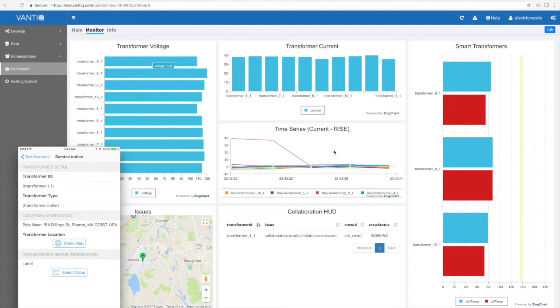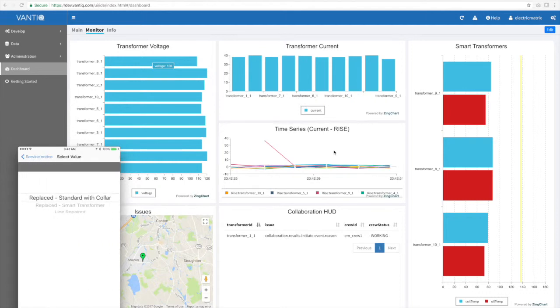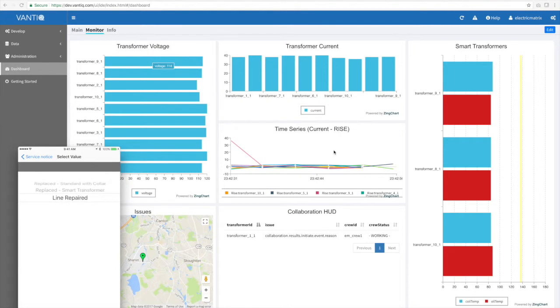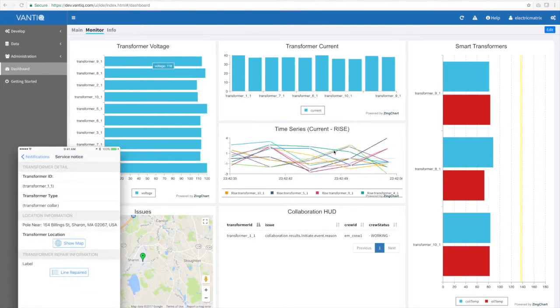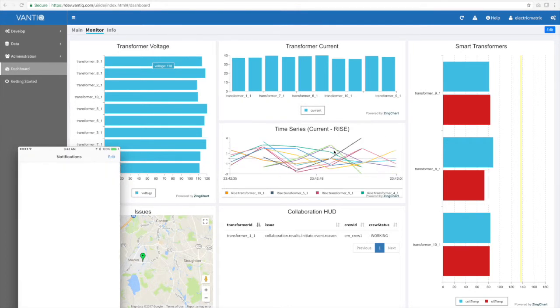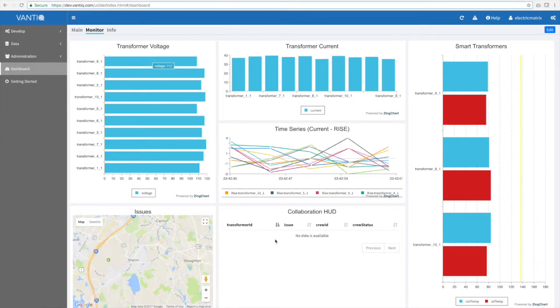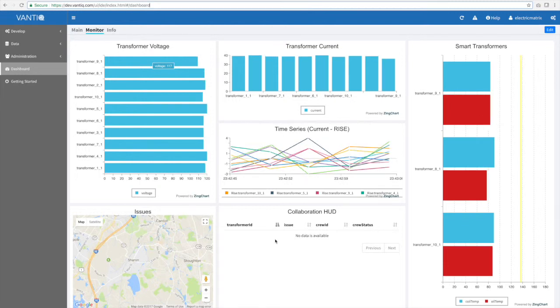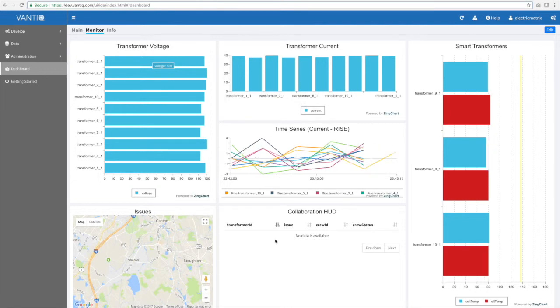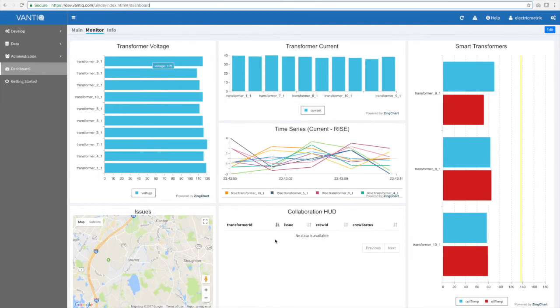So the last thing that our technician has to do is come over to the label. He says how he replaced it. He fixed the line. Maybe the line was simply down. He says the line was repaired, and he goes ahead and submits it. And once the submission is complete, it will disappear from the collaboration HUD because we have closed out that particular problem. So there you've seen an end-to-end demonstration of the monitoring of various transformers, both